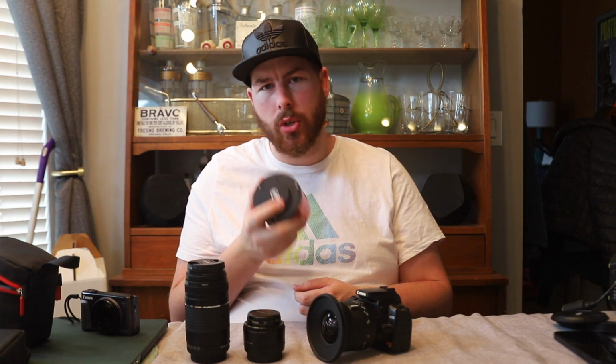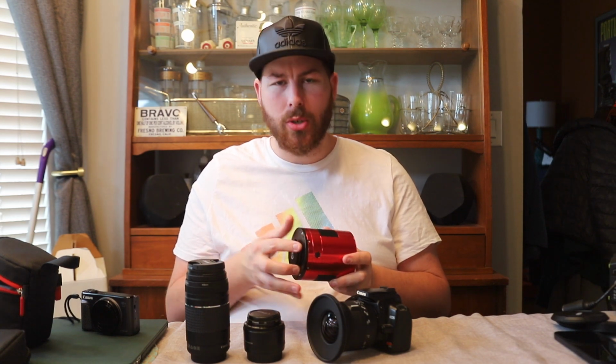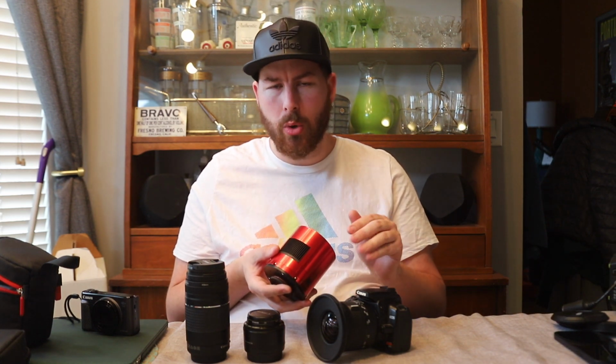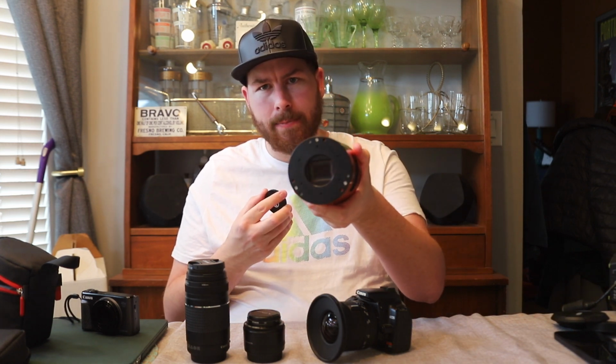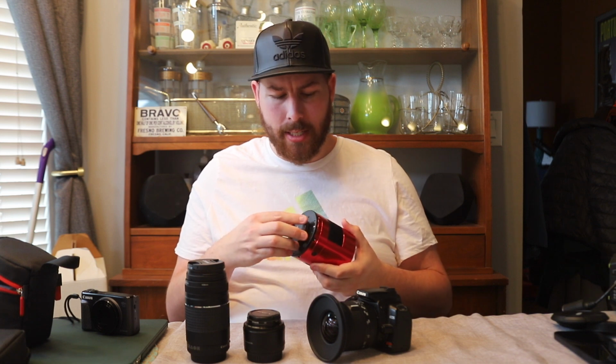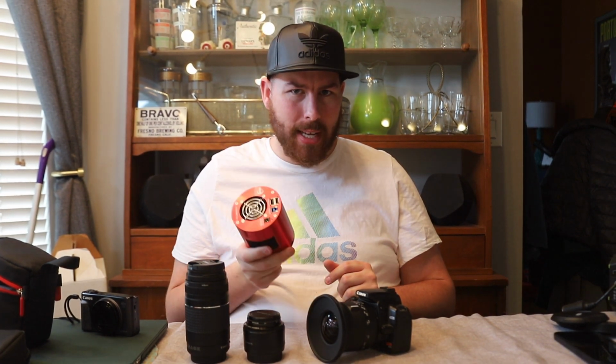This ASI 2600 is their crop sensor version of their full spectrum camera, but this has a lot of the advanced features with, like I said, that built-in dew heater. You've got all the technology with really low noise. You have no amp glow, any of that, and it's a nice big chip in there. Basically, this camera by itself is almost $2,000. It's very, very expensive. But the photos you get from this will dramatically beat out the photos you get out of a DSLR,